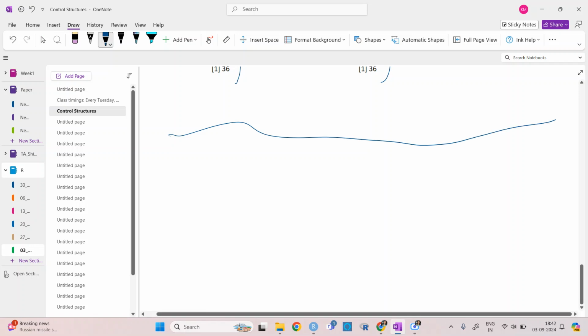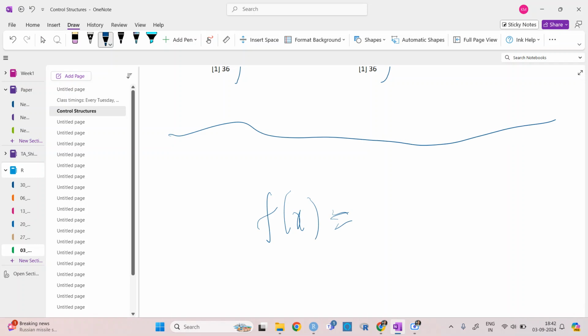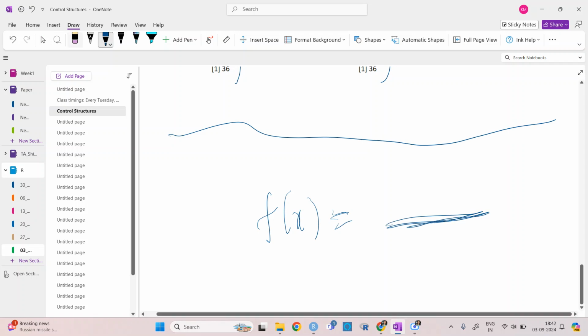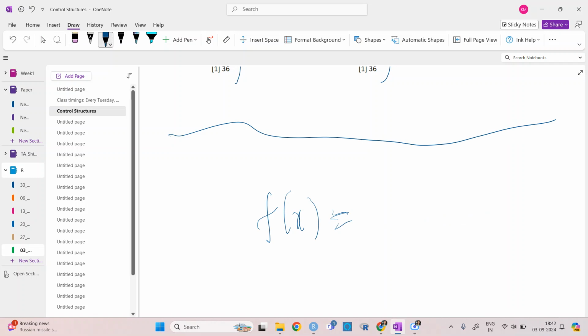Let's say you have some kind of PDF, a distribution of your own. I will write something, but that is not a PDF right now. But let's say it is a PDF.